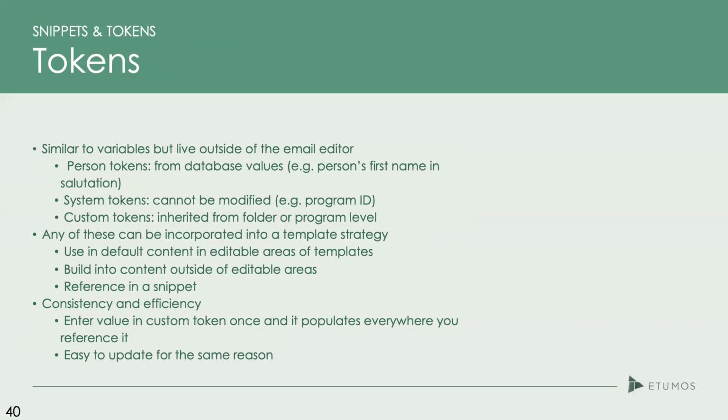You may be familiar with person tokens if you populated a person's first name in the salutation to your email. These values are fixed in the database and aren't edited from email to email. System tokens are also predetermined, such as a program's ID number. Custom tokens are the ones where the user can define the value on the program or use whatever value is